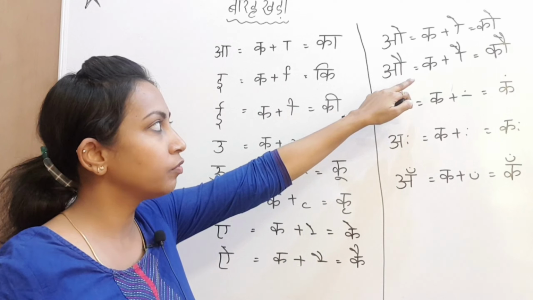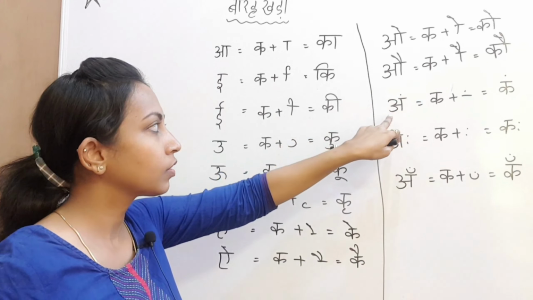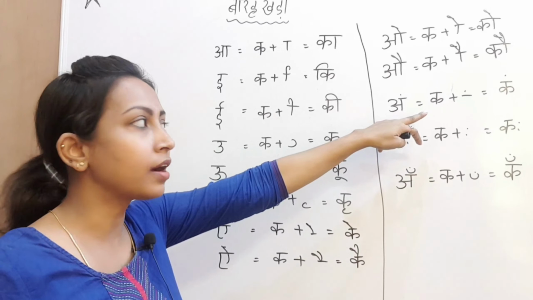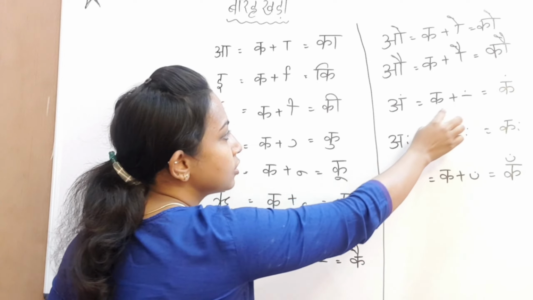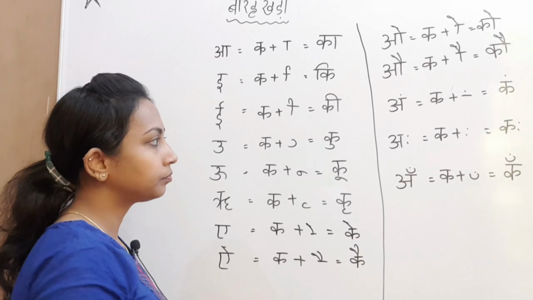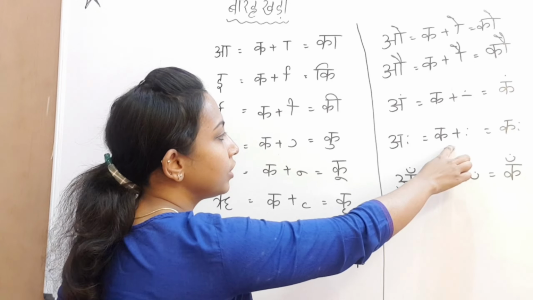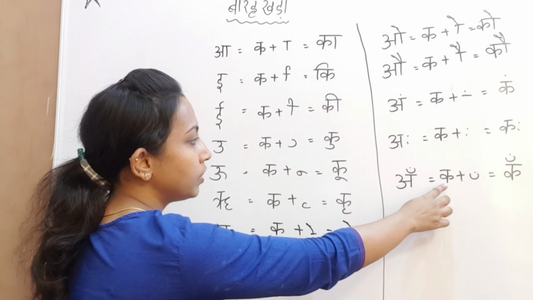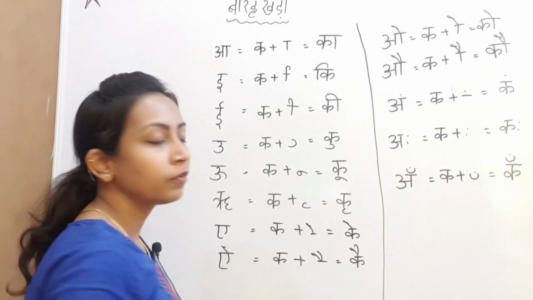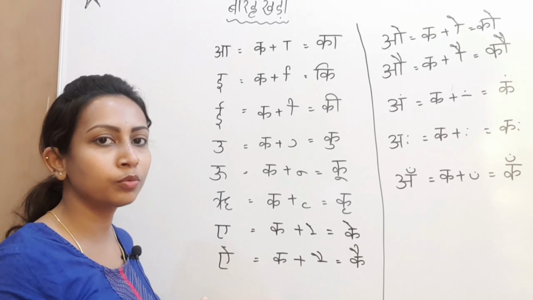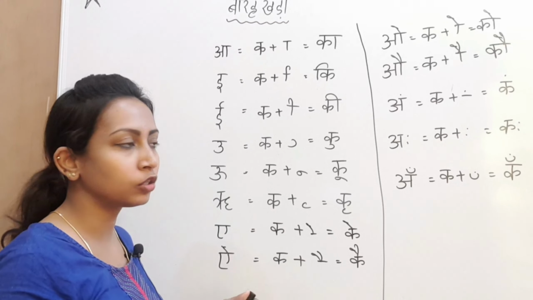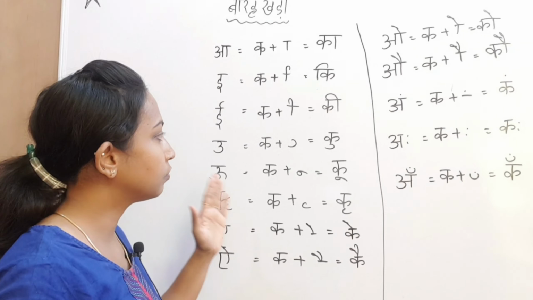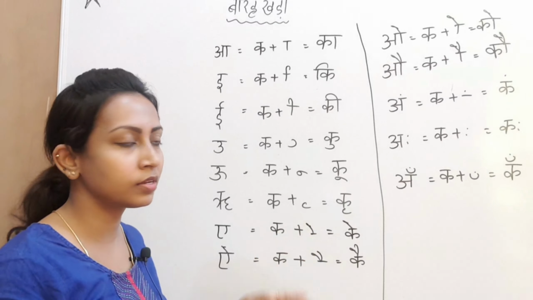Au plus ka symbol, we get kau. Together we get kang. When the anusvara is joined with ka, we get kang. When ka joins with the visarga, we get kah. The sound should be an. So this and ka together we get kan. So this is how we have to pronounce the vowel symbols with the consonant sound.